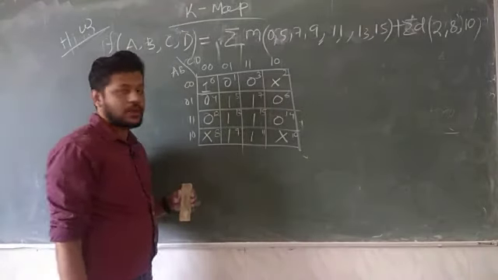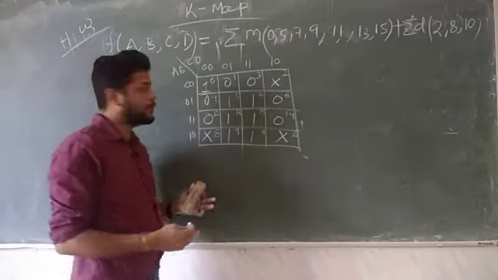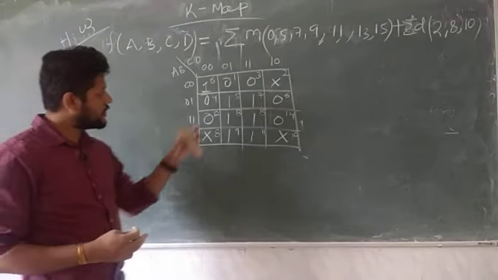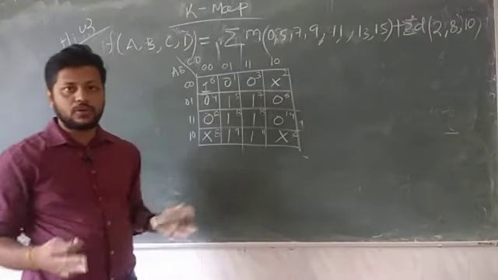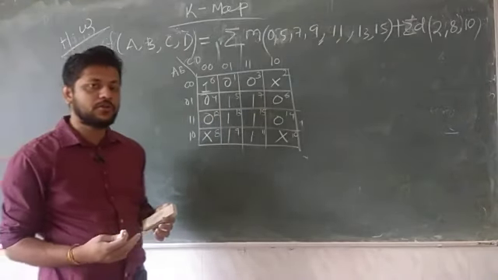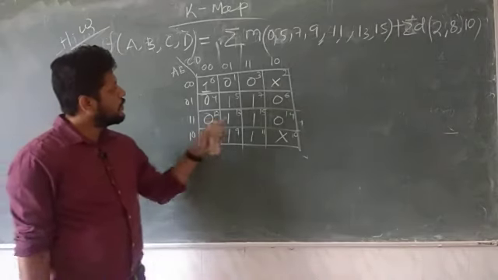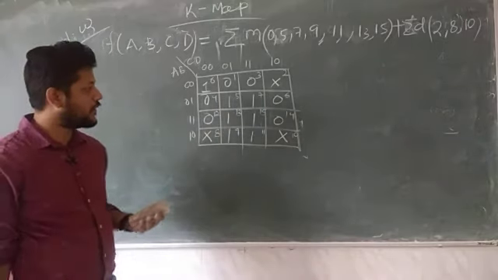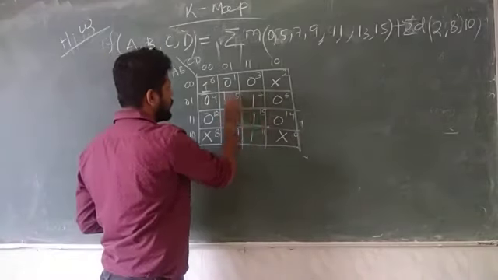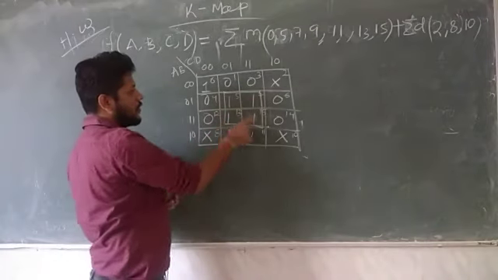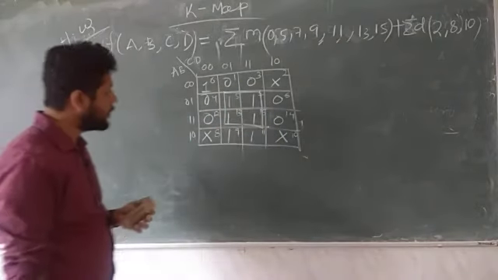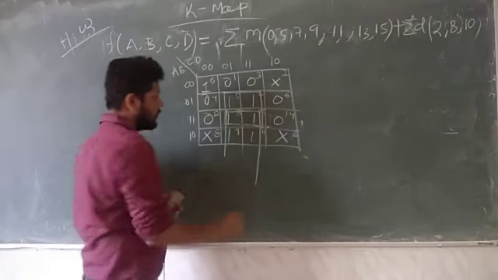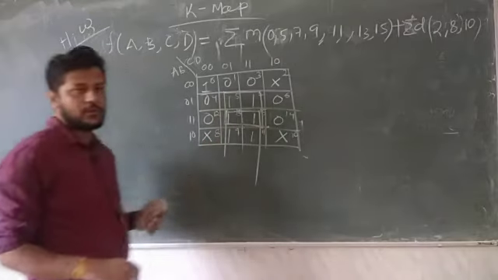So next we will have to solve. Now all the cells are filled up, so we need to see whether 16 possible combination is possible or not. Since here 0, 0, 0, 0 is present, no need to consider the 16 possible combination. Thereafter we have to see 8 possible combination. We cannot see any 8 possible combination as well. Whether we have to take 4 possible combination. Yes, it is possible to combine 4 possible combination. This is 1, 1, 1, 1. These adjacent cells can be combined. Again, this 1, 1, 1, 1. This 4 possible combination is also possible.